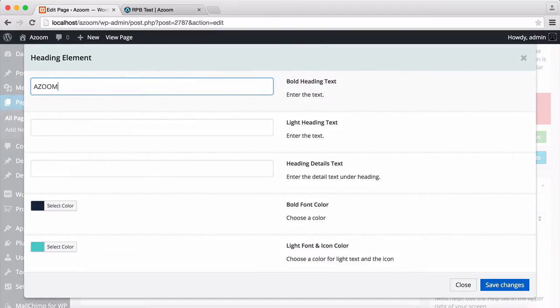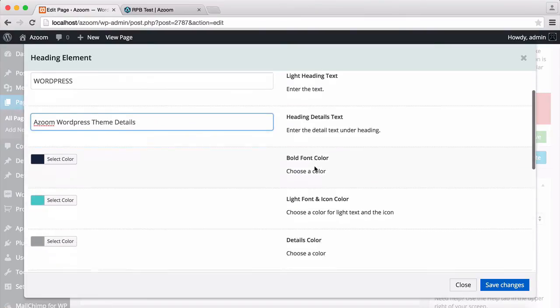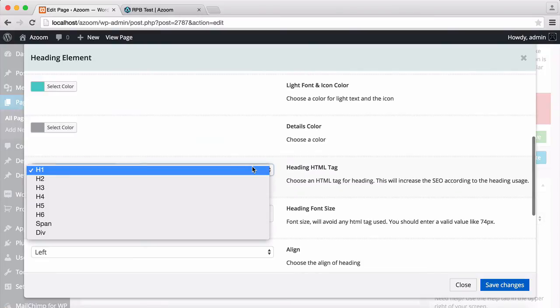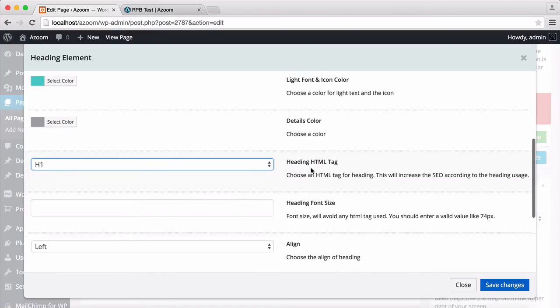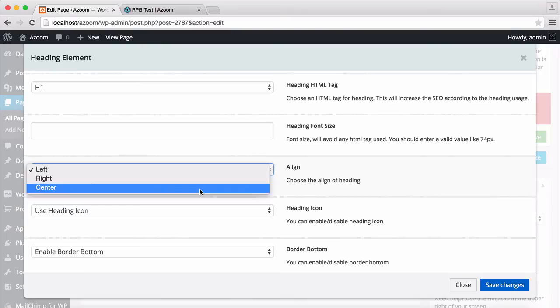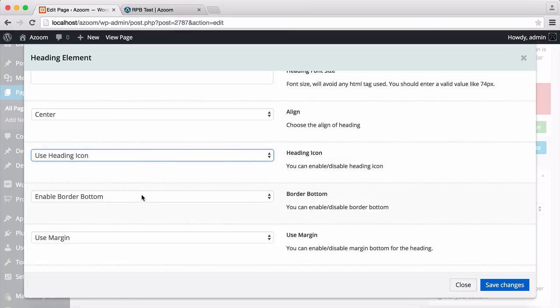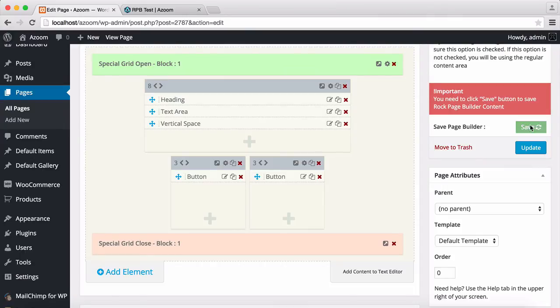So let's type Azoom WordPress theme details. This is the details text for the heading. You can select different heading models, H1, H2, H3, whatever you want. You can also set a different size for the heading. You can align it left or right. I'm going to use the center. You can select to disable the heading icon. I'm going to use it, or the bottom border. I'm going to use it too, and I'm going to use the margin. I'm going to click on save and click on save here